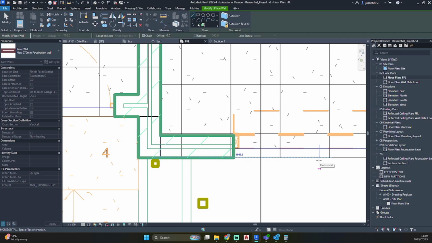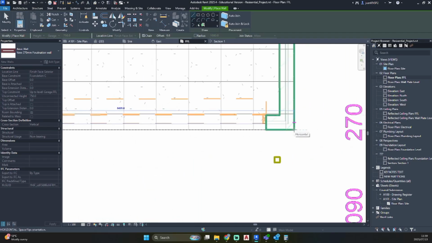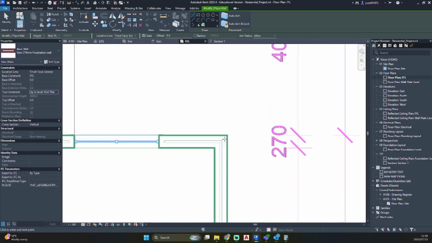So with the dimension being there, that means that our finish face is against this and the wall's structure is on this side. So if we just drag out and hit spacebar, the dimension moves up, which means our wall is aligning with the CAD. So if we just drag that to there, and let's go to the top side.